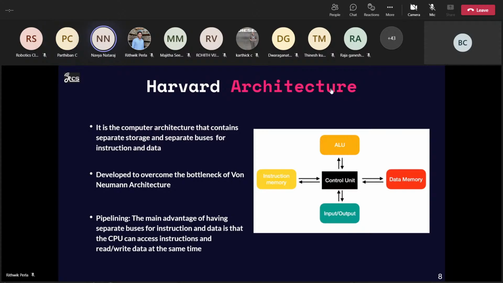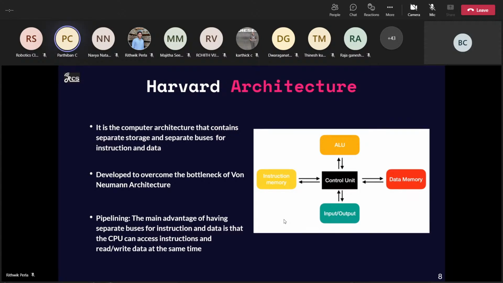There is sequential execution of the instructions and the data in the von Neumann architecture bottleneck problem. So in this case, it's parallel. Yeah, that's exactly right. What she said. In von Neumann's bottleneck problem, it is executed sequentially, so due to that, the CPU's efficiency gets reduced. That's the major problem. But here, both are executed parallelly, so efficiency can be increased. That's what comes here in Harvard architecture.